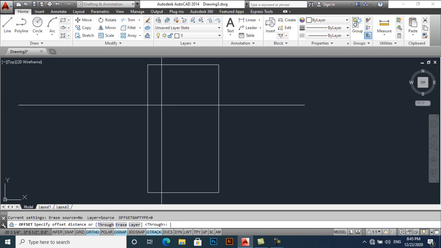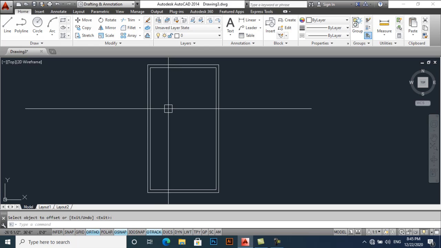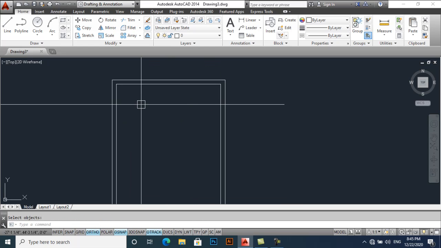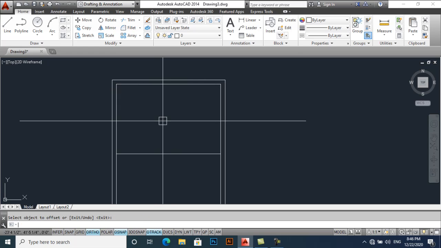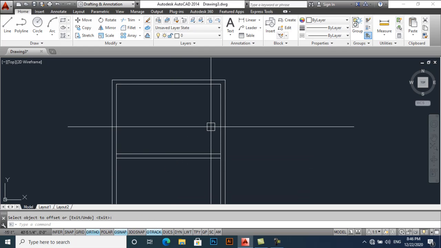I will take an offset of 9 inches to the inner side of the rectangle. Then I will explode it. Now I will take an offset of 12 feet, and I will take another offset of 9 inches. Now take an offset of 13 feet